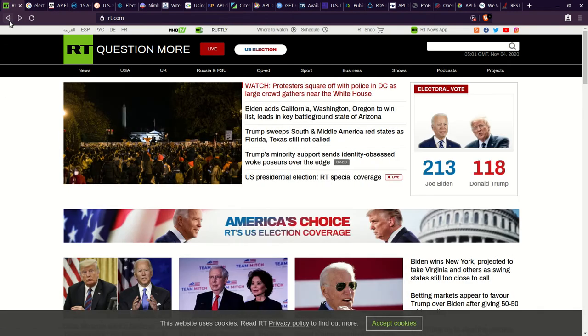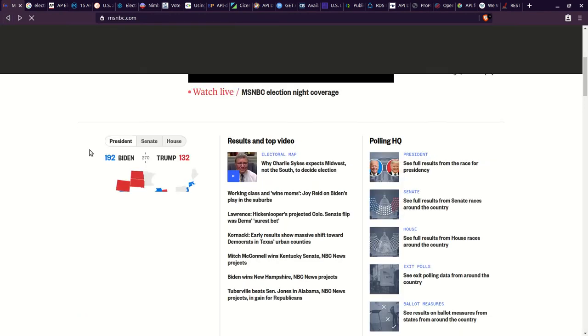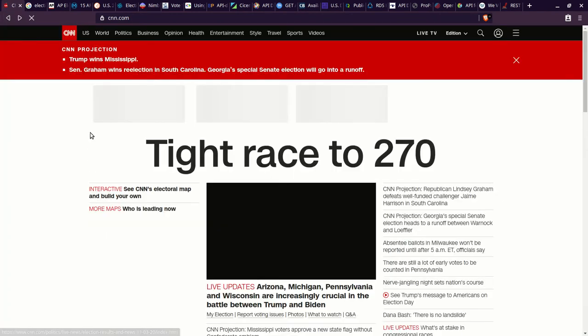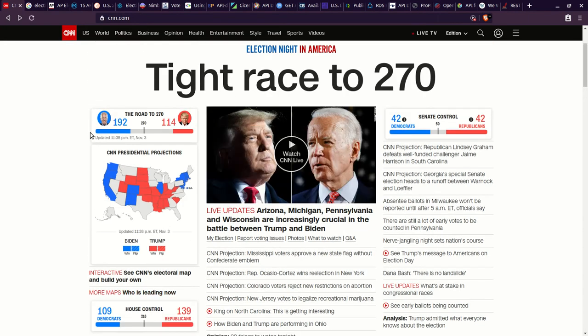So we got RT over here, Russian television. We got Al Jazeera here saying something else. We got MSNBC over here saying something else. We got CNN and CNN is saying something else, and as you see, some of them are saying the same thing. So what I did is I went to Google, because Google's usually really good at indexing the web